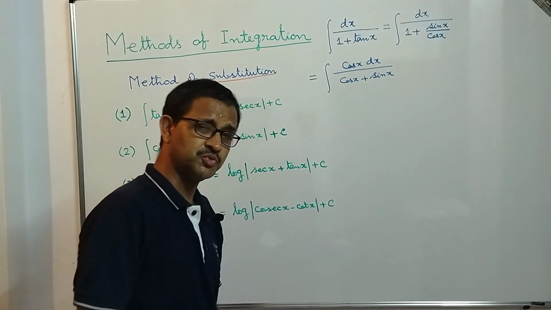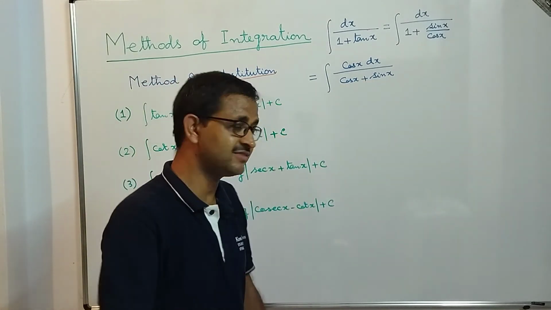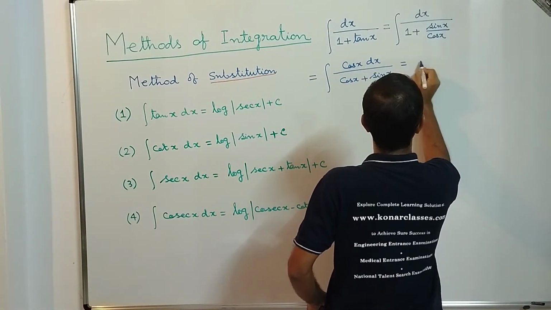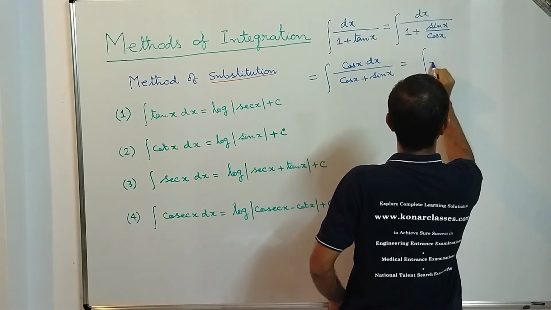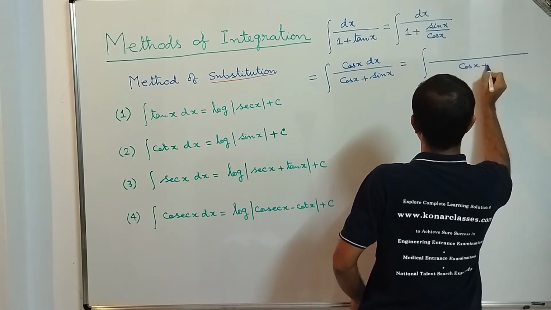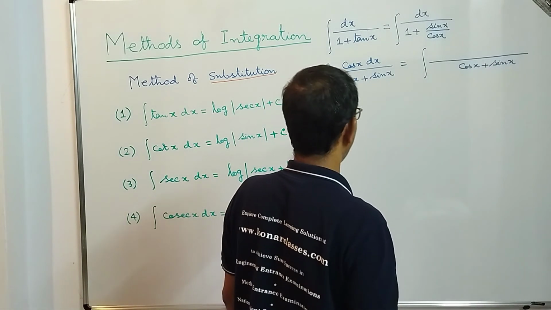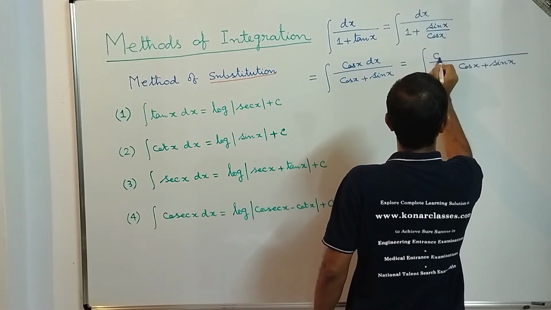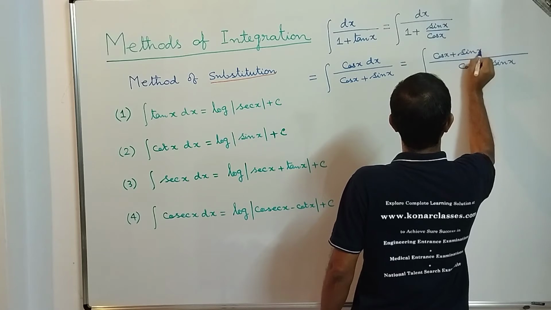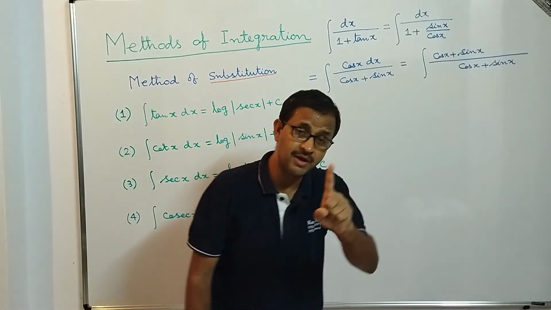Now what we are going to do about that cos x plus sin x, how we can address that one in the denominator. For that, we can first write in the denominator, as it is, cos x plus sin x. In the numerator we can also write cos x plus sin x. Why are we writing so? Because if we make this division, it will become 1.